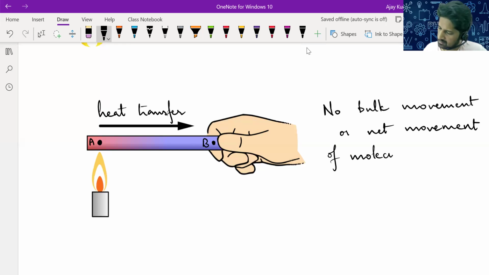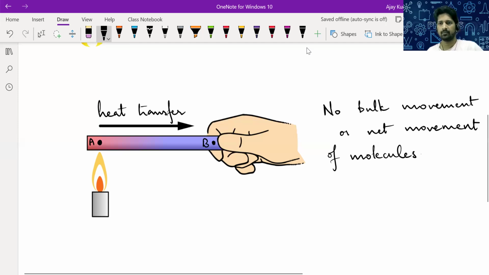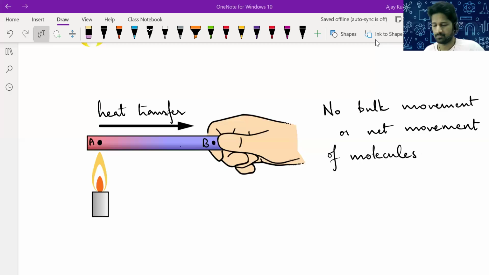And we know that the object is a solid. How can a molecule simply go off to that side? In liquids and gases, maybe it is possible, but in solids, that is not possible anyway. Then how is heat getting transferred? Any idea? Anyone think about it? I didn't get any answer so far. Can one of you recollect and tell me